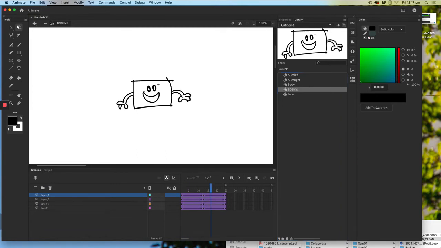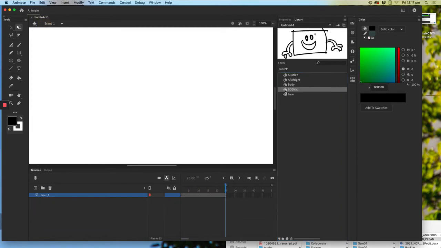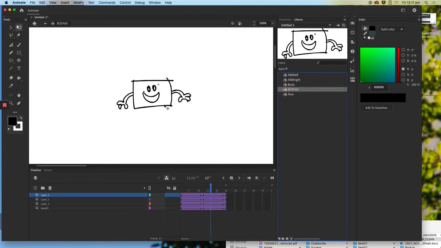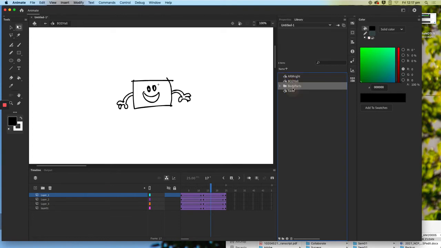Okay. Then what we can do is drag over body all. So this is about the nesting. Body all contains all of the other symbols. So you've got these 4 symbols nested in this one here. So if you really want to make sure you're not getting confused, we'll do body parts or something like that. You might want to drag all of the body parts into here